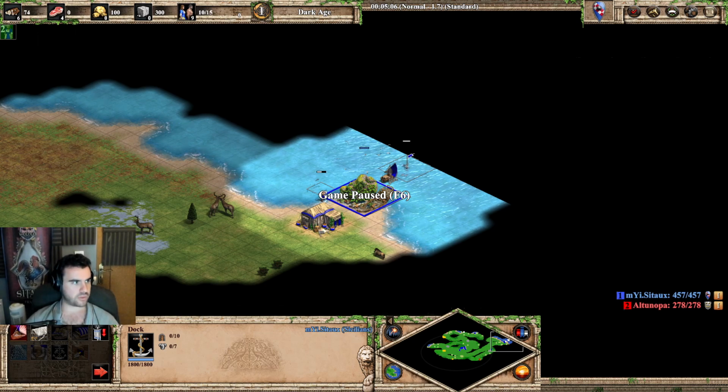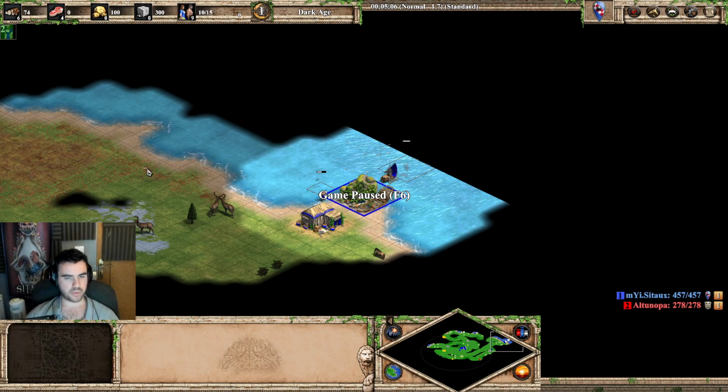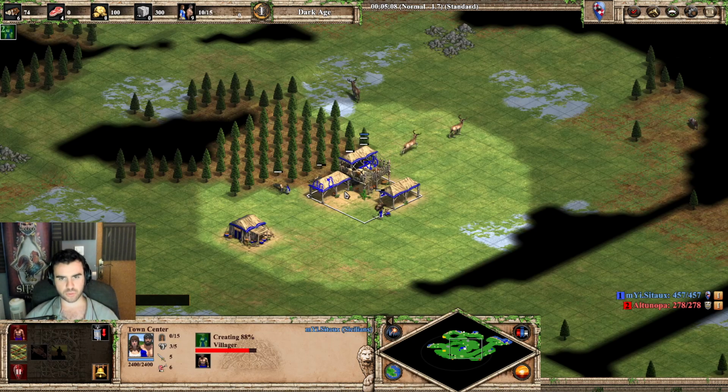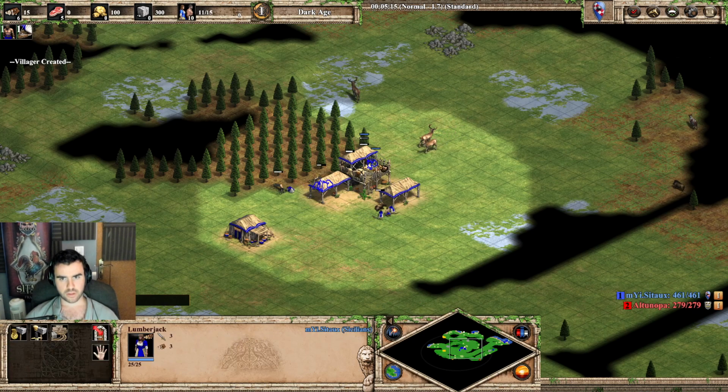So wait, let me fix my cam quickly. Okay, better now. So yeah, let's produce villagers constantly. Let's produce fishing ship constantly. You can force drop the wood if you need to get 75. And